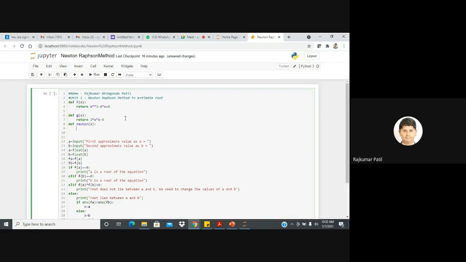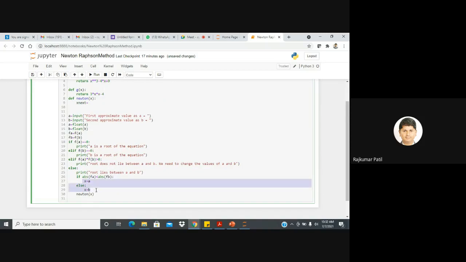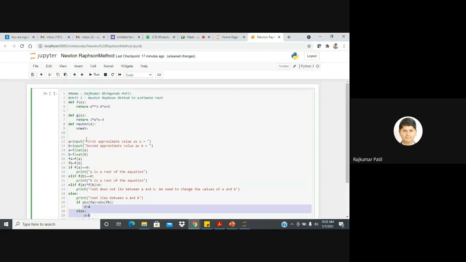So Newton x is equal to, what will be the first line, x next is equal to, because we have the value of x here, that's why we calculate the next value of x by using the formula x minus f of x divided by g of x.